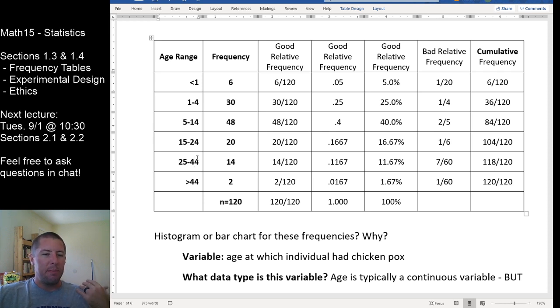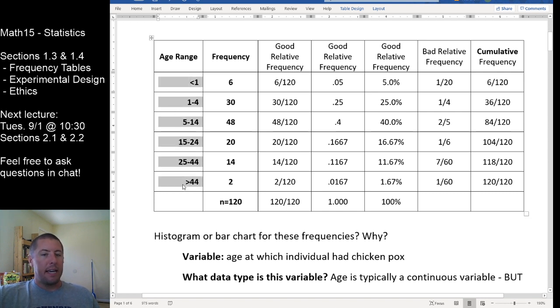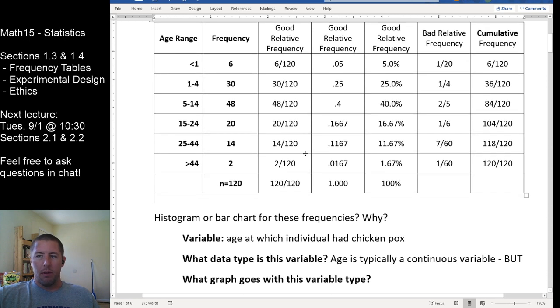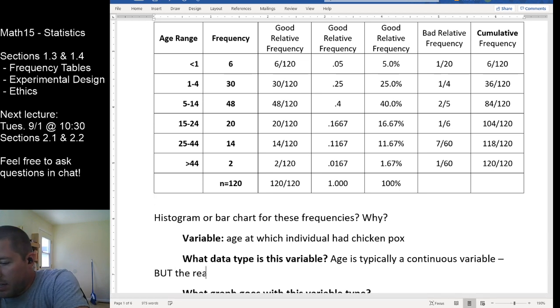So even though age is really being collected, the researchers might as well have asked, which of these 6 age categories do you fall into? And the person would have selected category 1, 2, 3, 4, 5, or 6, right? So again, notice here, this feels like a numerical thing. We are collecting age, but it's certainly being treated as a categorical variable here. We have age categories, but the researchers